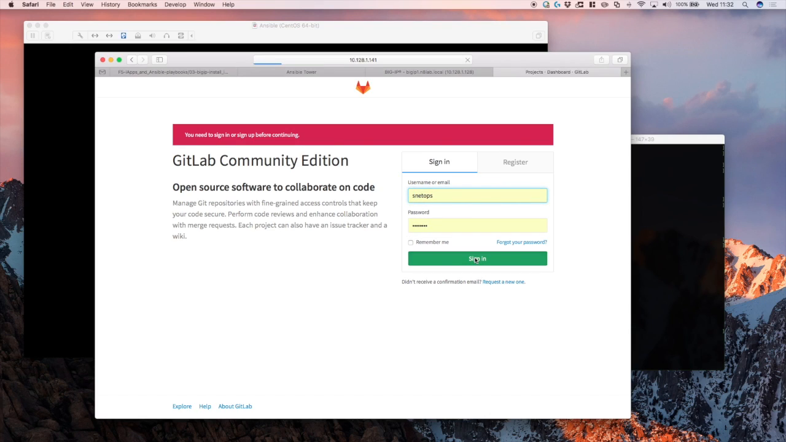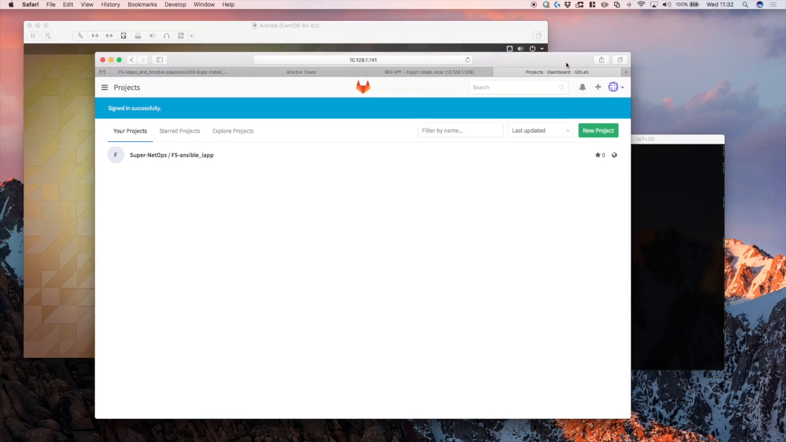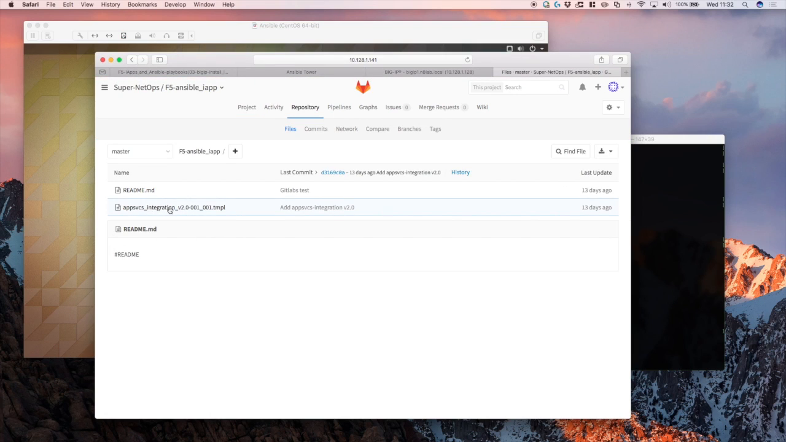We're going to log in. So this is GitLab. This is also running on my CentOS server. It could be anywhere though. I just didn't have enough resources for the extra virtual machine. So I am now logged into GitLab, which is my local Git repository. I'm going to go to the files and look at this. We have our